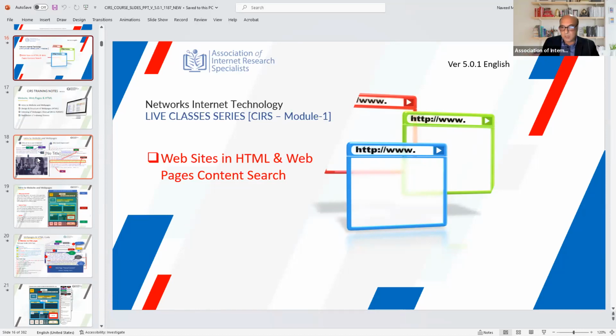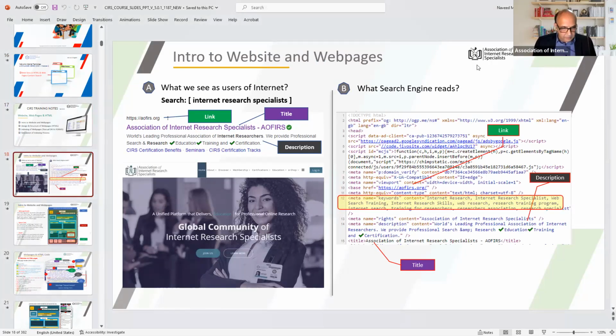I don't want you to not understand and we just carry on and go forward, because everything that is going to come next, especially for the next few classes, will depend on the concept you have developed on understanding HTML and web page content. So let's just get back in about 10 minutes. I'll call it a break for now. I'll see you shortly.